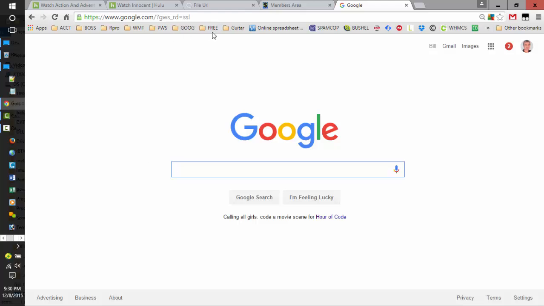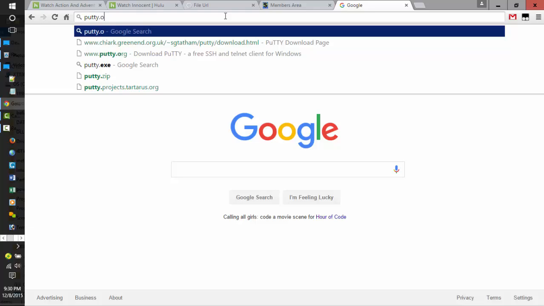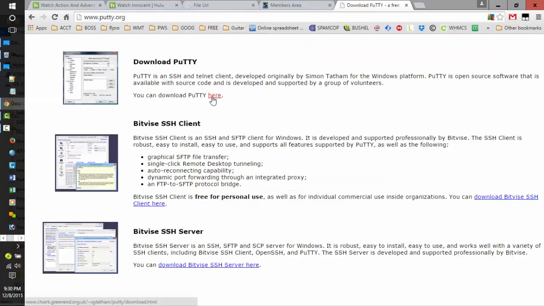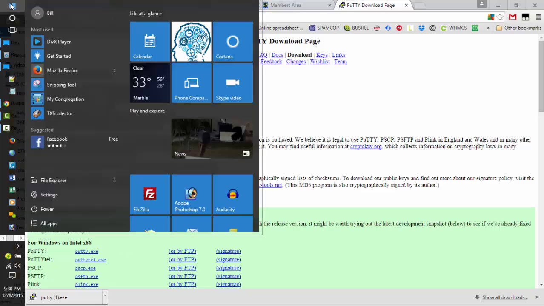So what we're going to do first is open up a browser and we're going to go to putty.org. Now we're going to click here to download the Putty program, and then you'll be able to click right here on the putty.exe file. That's going to start a download, and that's going to download to our computer. Then you follow the standard processes of installing that program and assigning the shortcuts to your desktop or your taskbar, wherever. Once you've done all of that, you want to start the program,